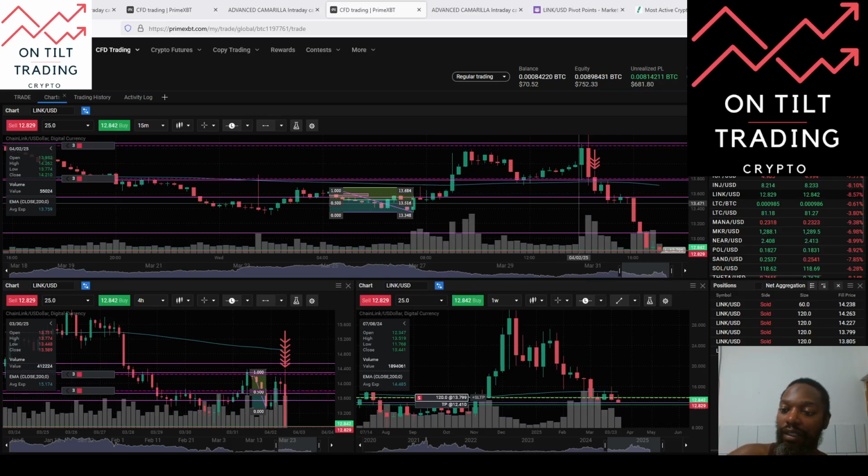So it just puts in a market structure shift here. And then there's a pullback here. This is when I decide to take the entries. The entries are just above the 200 EMA and the S3 level. So I take the entries,